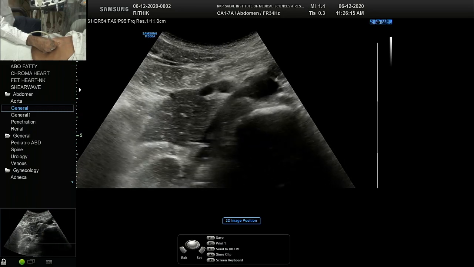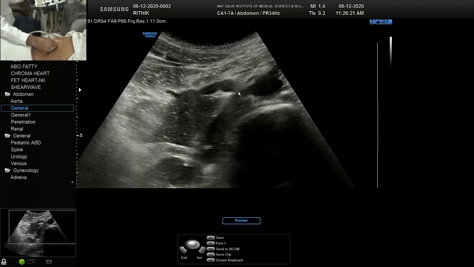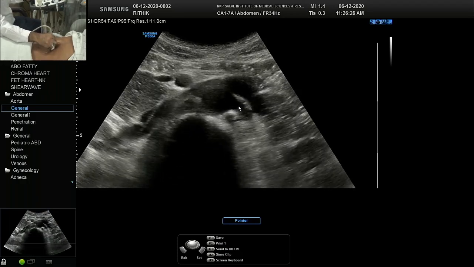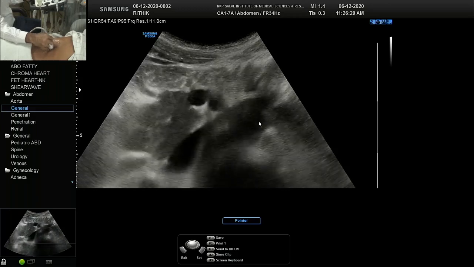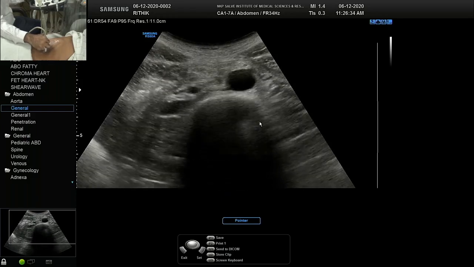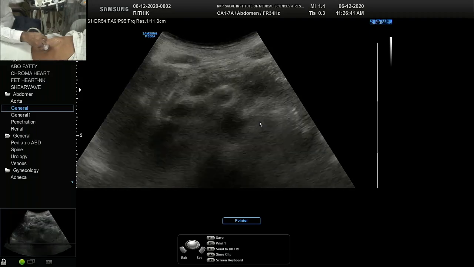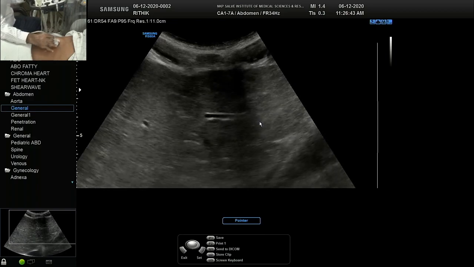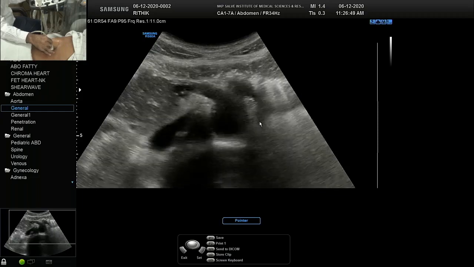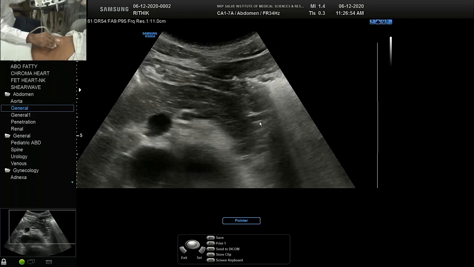Yeah, now it will seem better. The right renal artery, that is the origin, is seen very nicely. Okay, the left renal artery, again if you angulate on this side, it gives you a better visualization. So these are simple tricks that you can use for renal arteries, and then go at least up to the bifurcation and try to see whether there is any disease, because most of the hypertensive patients may have atherosclerotic changes, and they may have iliac disease or aortoiliac disease or bifurcation disease. So we get an idea whether the patient has additional disease.